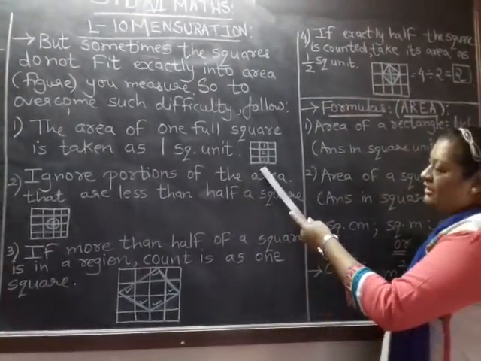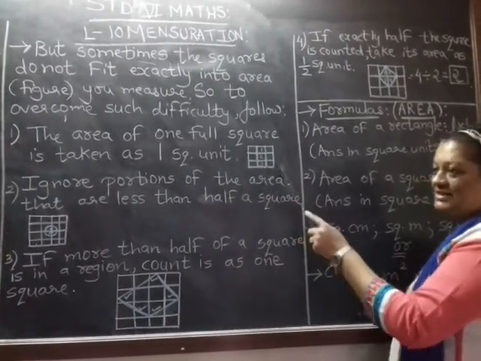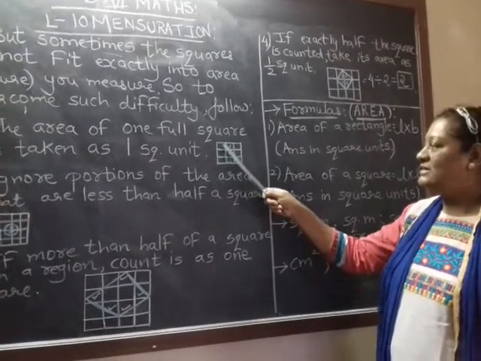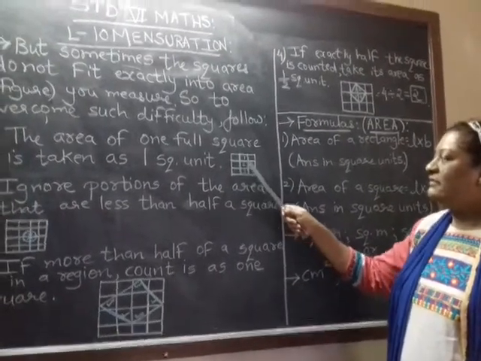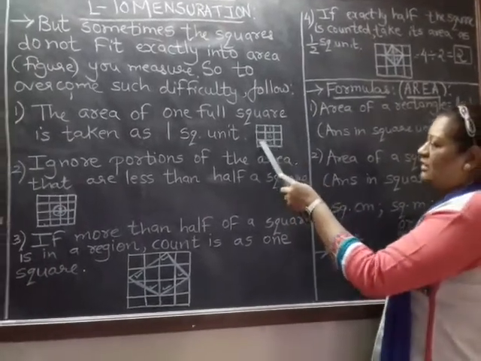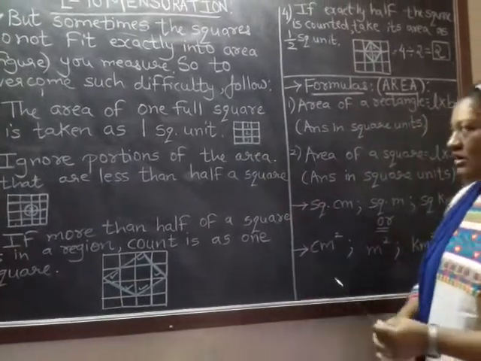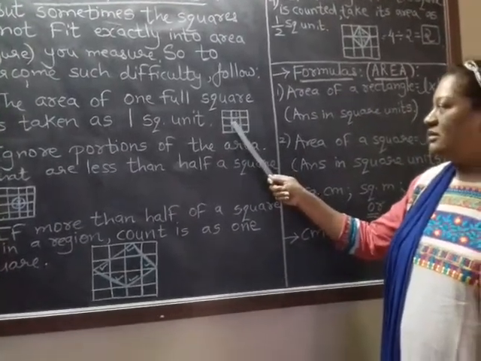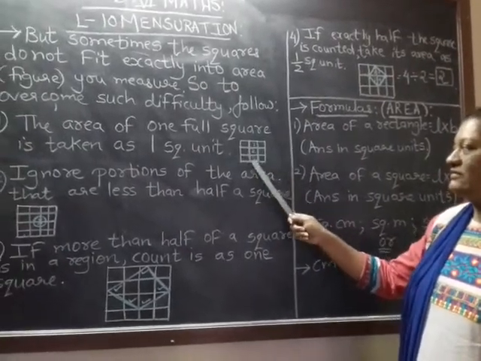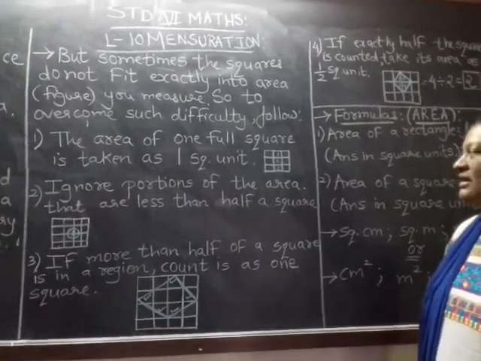means one whole square is taken as one square unit. Okay, now here you can see, consider this as a graph paper, I had marked 1, 2, 3 as well as I had drawn an outline with a blue color chalk, right? Now this blue color chalk indicates that these are full squares. So how many full squares are there? 1, 2, 3. So these full squares will be counted as one whole square or one square unit.